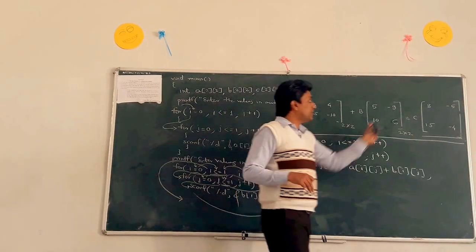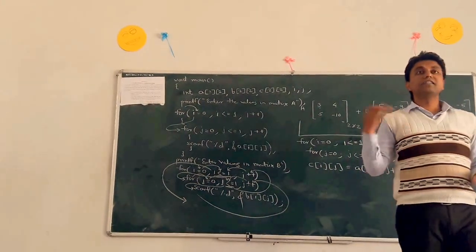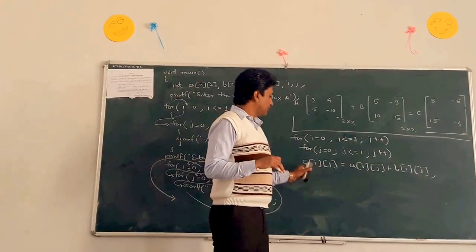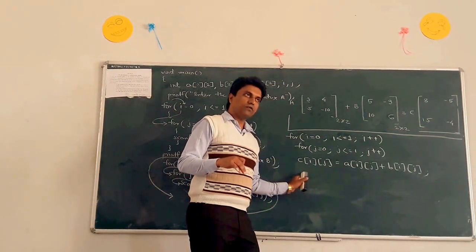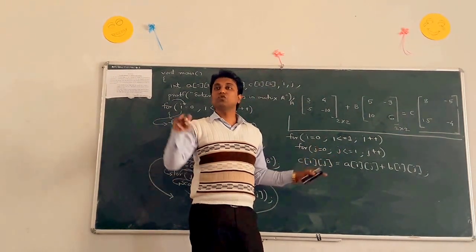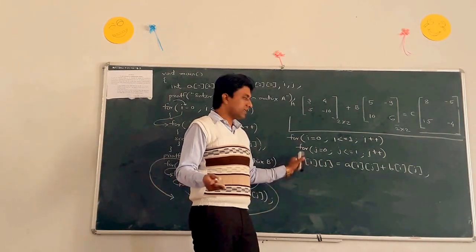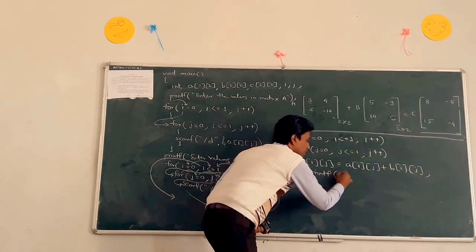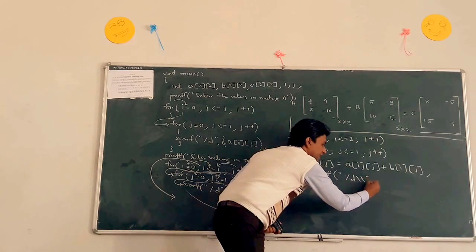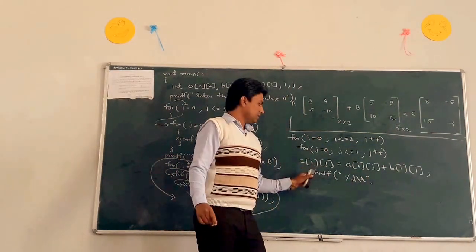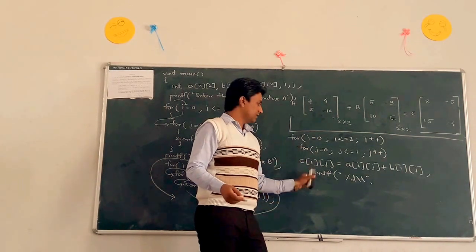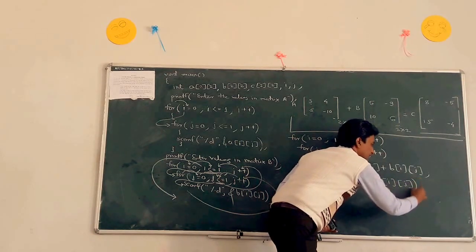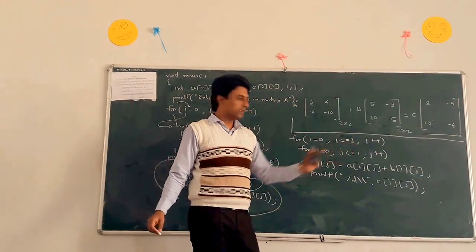Okay. Next, after addition, we want to display that result, the result of addition of two matrices. For display purpose, we can directly display in this same for loop, or we can take another two for loops and display. Okay, we can now take the same for loop and display. How? printf, %d, backslash t for one tab, comma, next. What is next? The result is stored in C of ij. Clear? Parenthesis complete and semicolon.